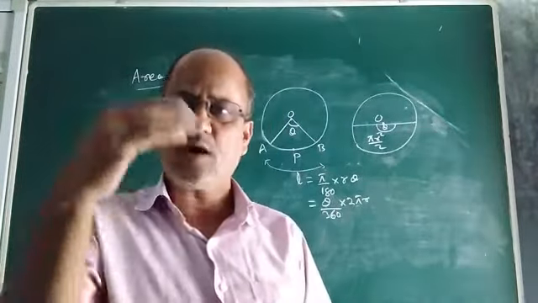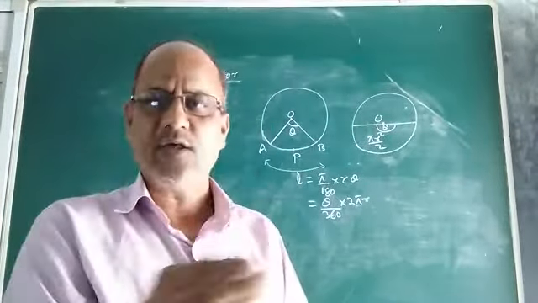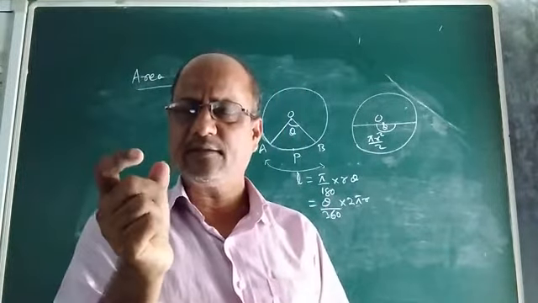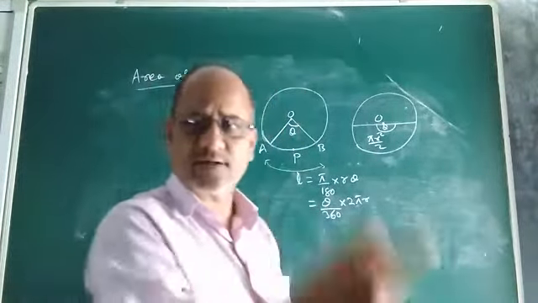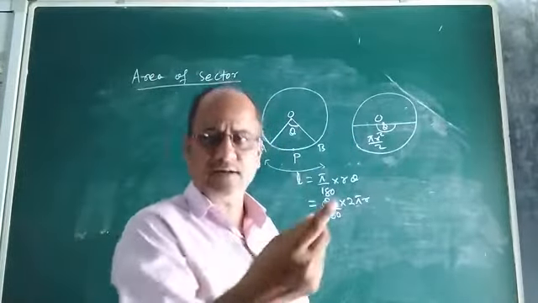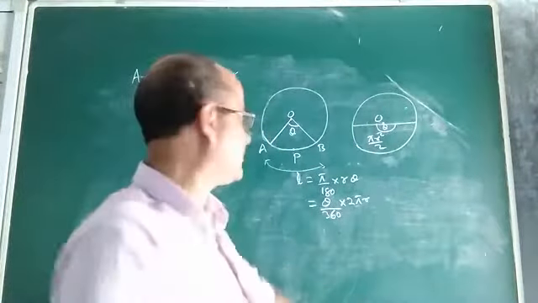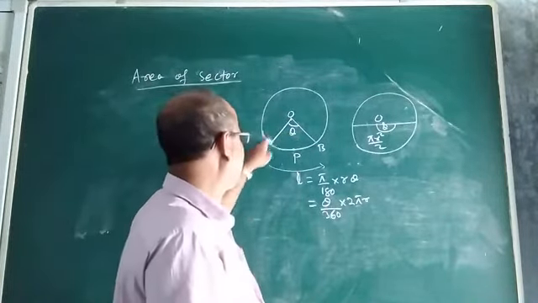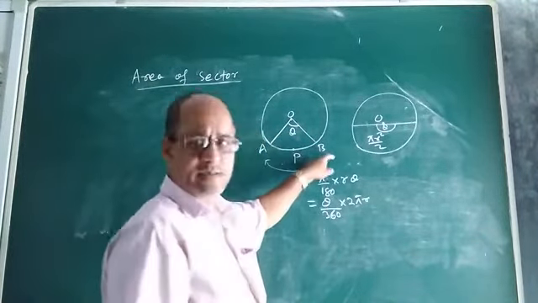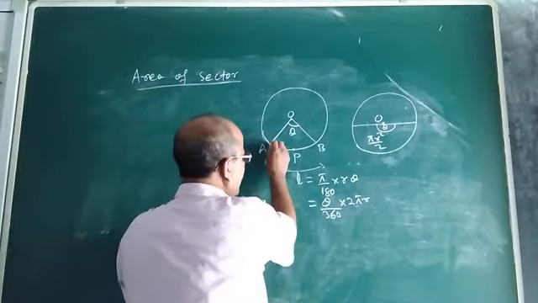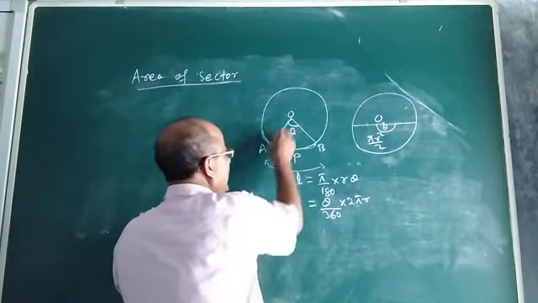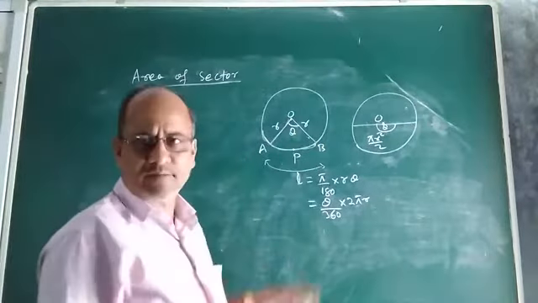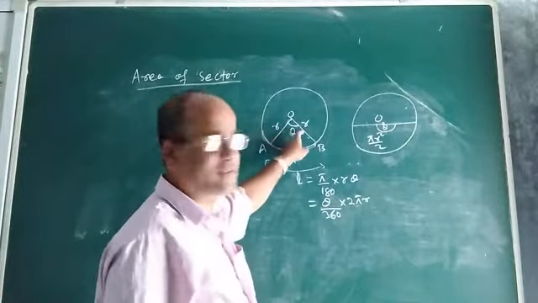Now the point is, how can we find the area of a sector? Also, in the last class we discussed how to find the length of an arc. Let us consider the same case and find the formula for the area of a sector. Look at the figure. This figure shows a sector OAPB. APB is an arc. OA and OB are two radii. Suppose the length of the two radii is r, and theta is the sector angle.